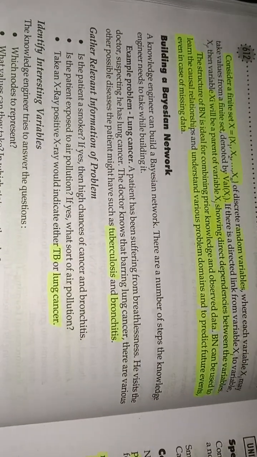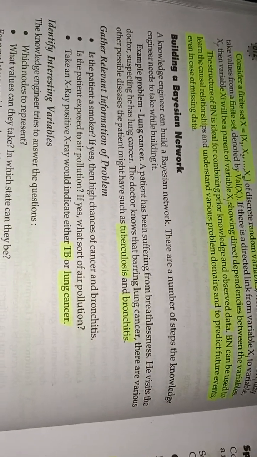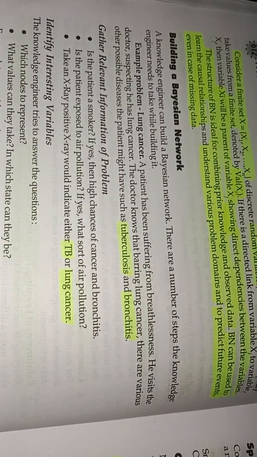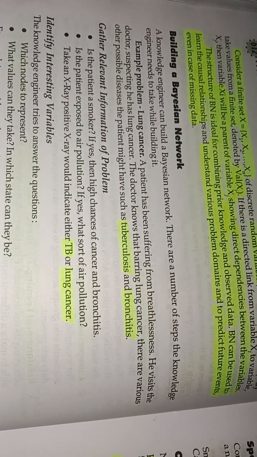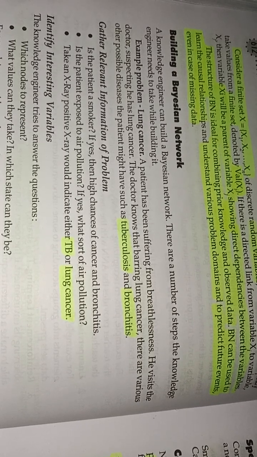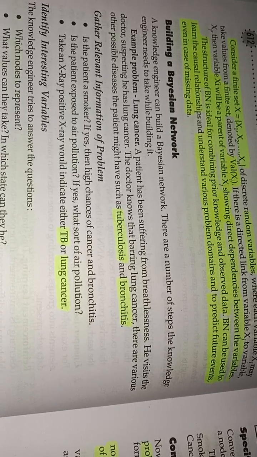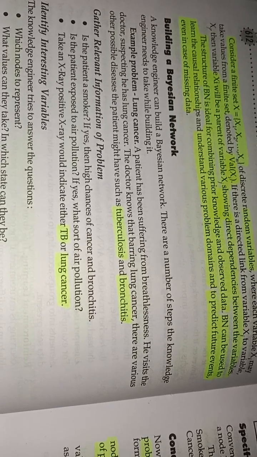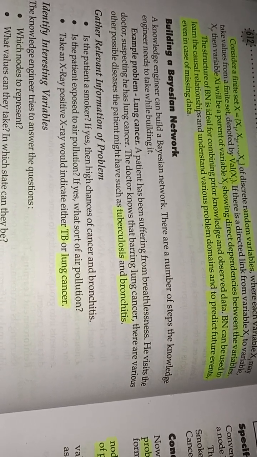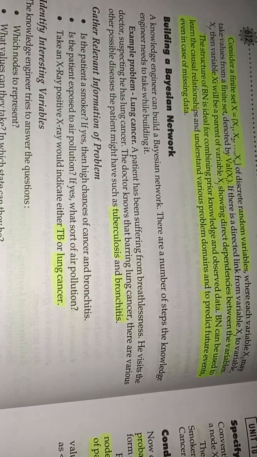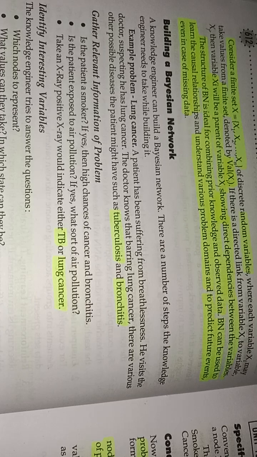Building a Bayesian network. A knowledge engineer can build a Bayesian network. There are a number of steps the knowledge engineer needs to take while building it.